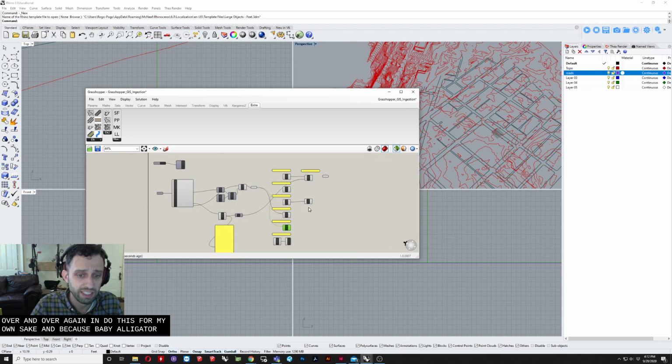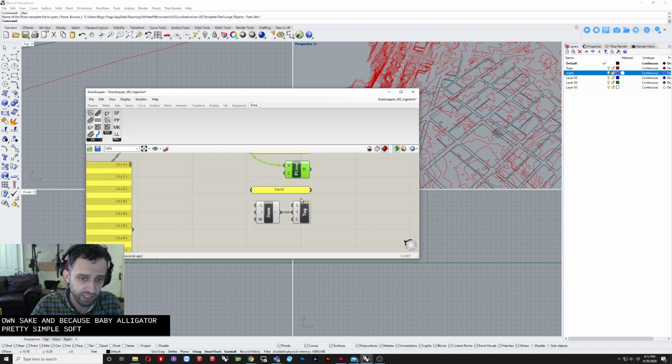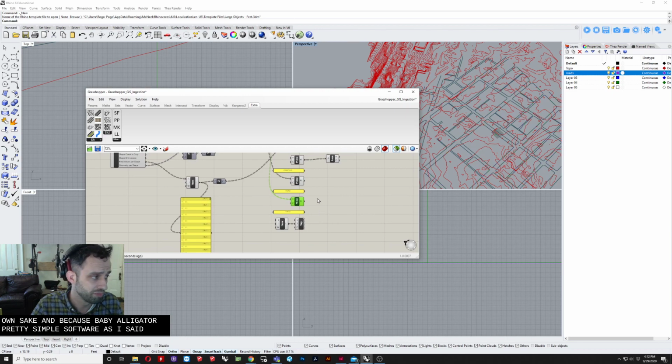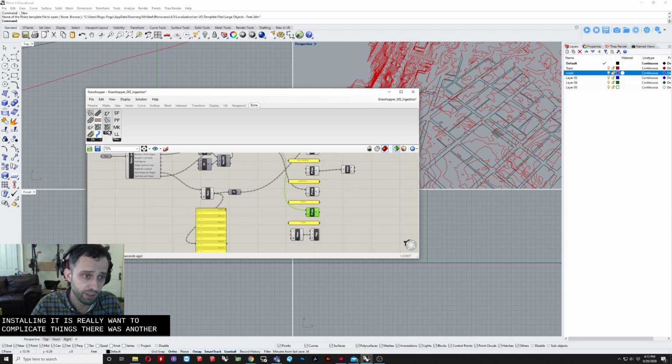But that's about it. It's really a pretty simple software, as I said. But the problem with it is, of course, that installing it is quite terrible. It's really one of the most complicated things. There is another software that's a little bit easier to use, which is called Elk. It's both easier and harder. Getting it installed is much easier. Using it's a little harder. And the problem is it's not nearly as accurate a data. Depending on what city you're in, they may have better or worse GIS data. Cincinnati's is very good. I've seen some other cities that are terrible or don't exist at all, in which case